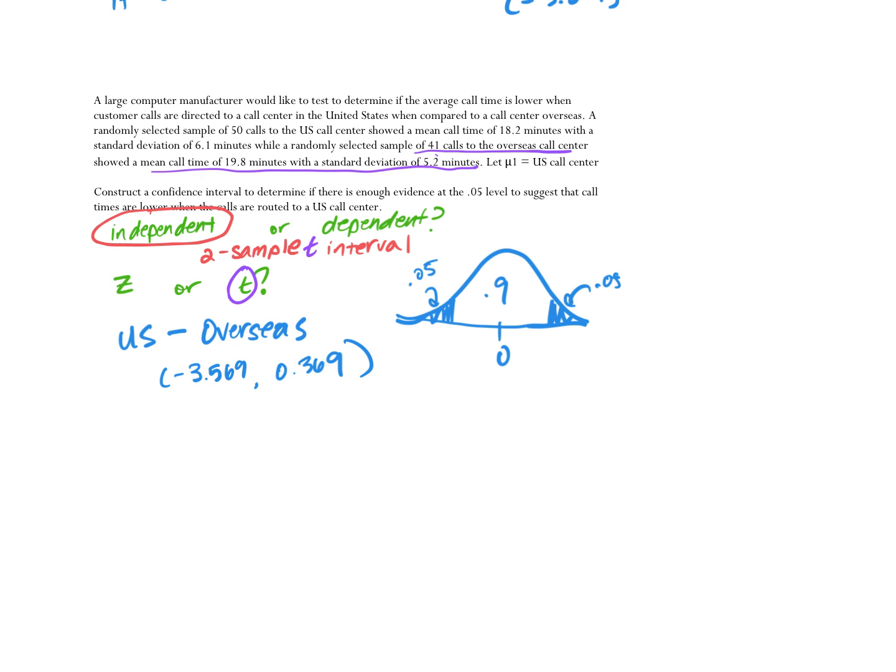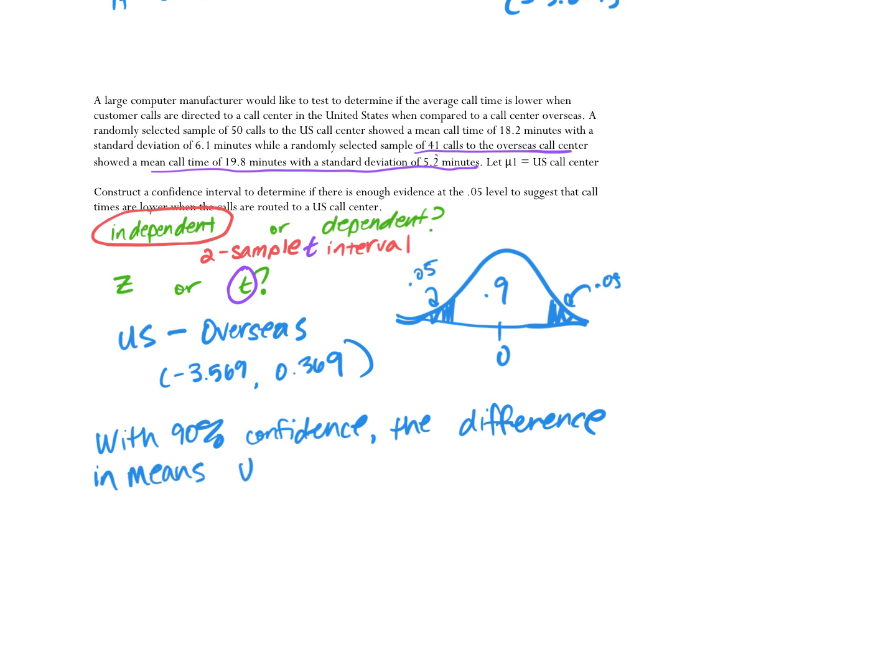So that, shockingly, makes my interval narrower, right? And that makes sense, since we're less confident. And then the difference in means of US minus overseas is between